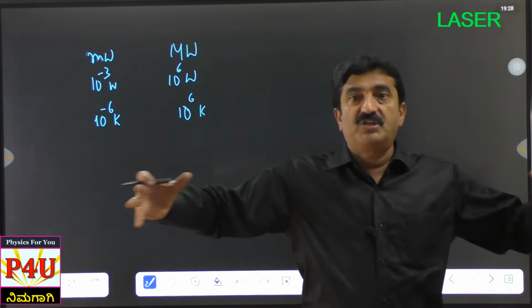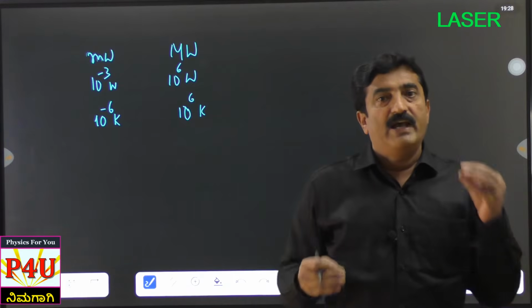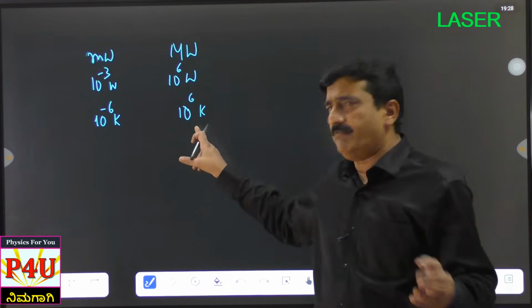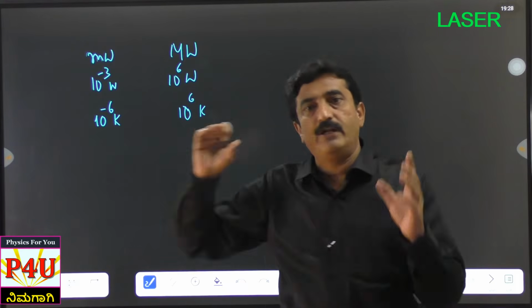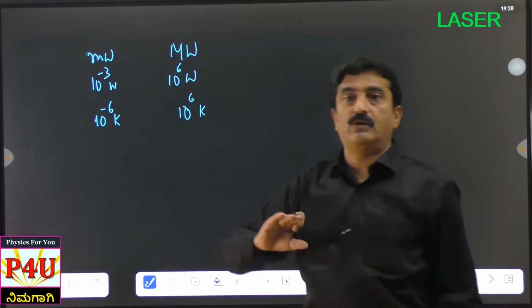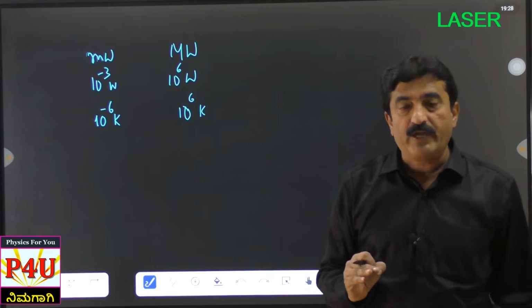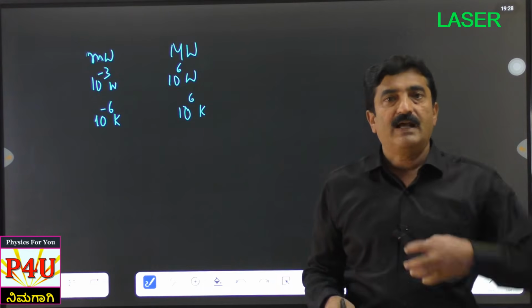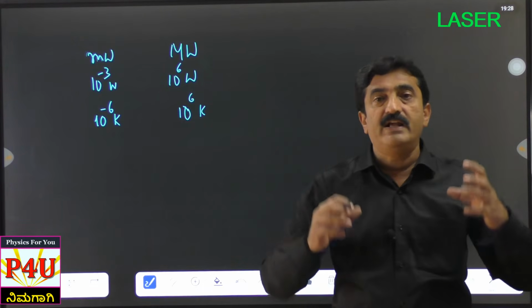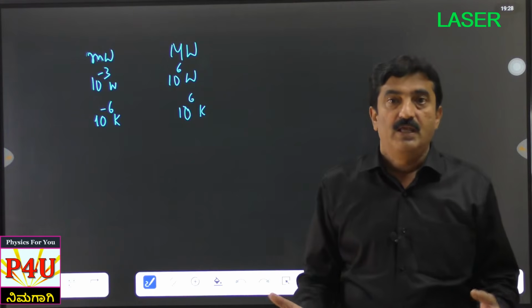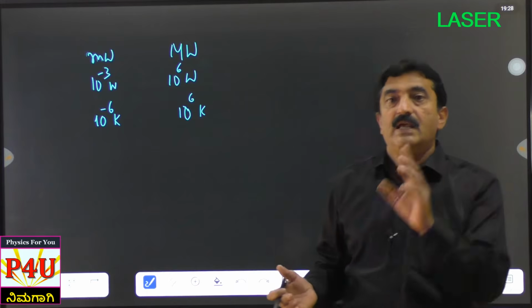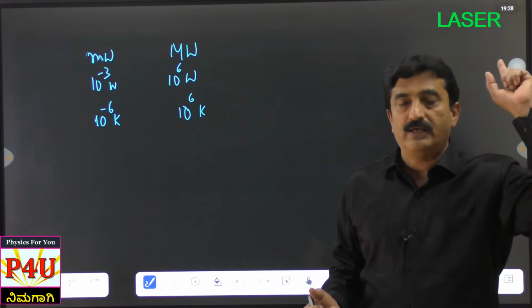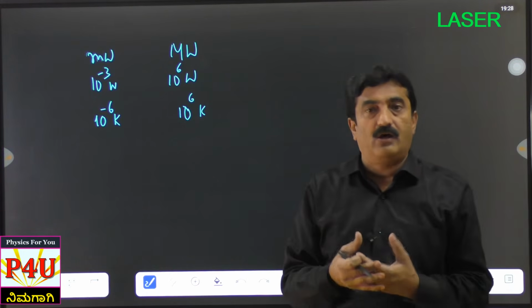See, two extremities I am talking. Okay, so we have laser which can produce a very high temperature, we have laser using which we can produce very low temperature, micro Kelvin also we can achieve. Okay, and today laser has grown into a trillion dollar industry. Just 60 years, in a span of 64 years, laser has grown into $1 trillion industry.